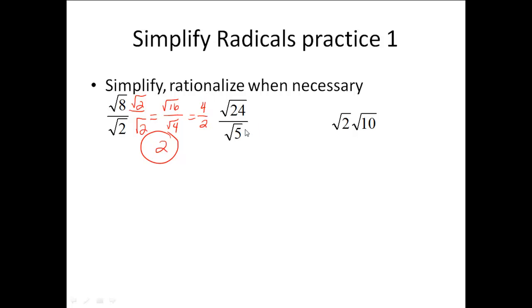Next one, square root of 24 over the square root of 5. I'm going to multiply by the square root of 5 over the square root of 5. And on the top, I am going to get the square root of 120 divided by the square root of 25. And the square root of 25 is 5, so I'm going to have the square root of 120 over 5. So we've gotten the radical out of the denominator. But now we have to check, can I break the 120 down? So if you look back at